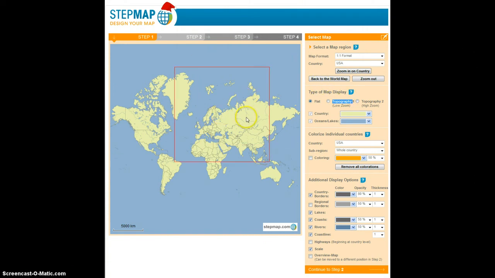So for this purpose, I'm going to move the mouse into the middle of the map, and then around the mouse cursor you see a frame. When you roll your mouse wheel up and down, what I'm doing right now, the frame becomes bigger or smaller. When you click with your left mouse button, it's going to zoom in the area within the frame. So for this purpose I'm going to zoom in to Europe,